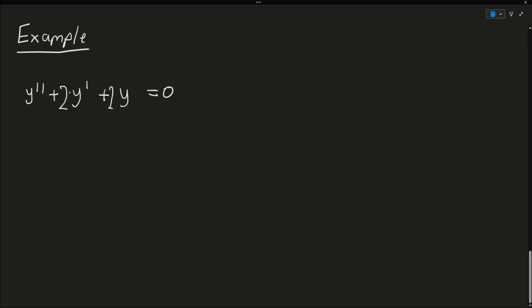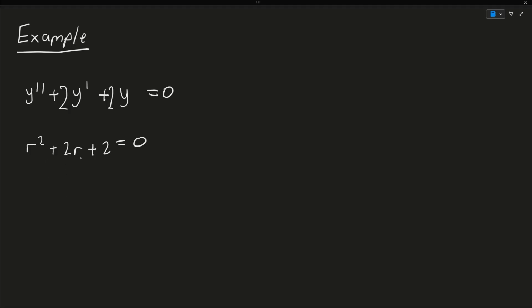Now let's work on this very nice exam problem. We are given y double prime plus 2y prime plus 2y equals 0. Since this is a homogeneous equation with constant coefficients, we are free to use this method: r squared plus 2r plus 2 equals 0. Well,